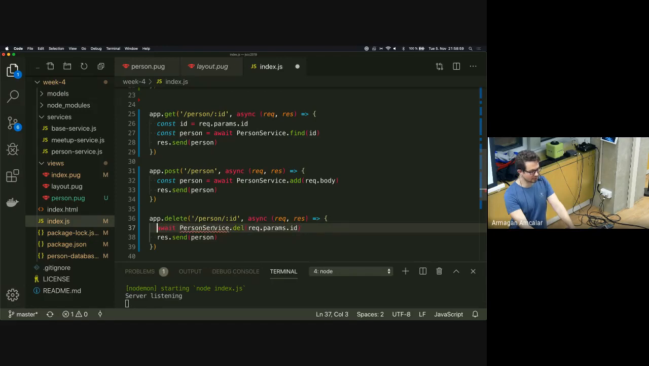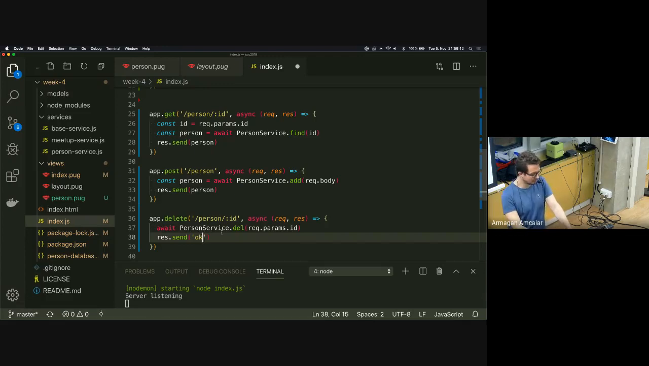Okay, so this would work, obviously. But as a good practice, it doesn't really make sense to return something that is deleted and that is never going to be accessible. So in that case, I will just return, I don't know, okay, or something like that. But I'm still awaiting for this deletion to end because I want to make sure that when I send okay